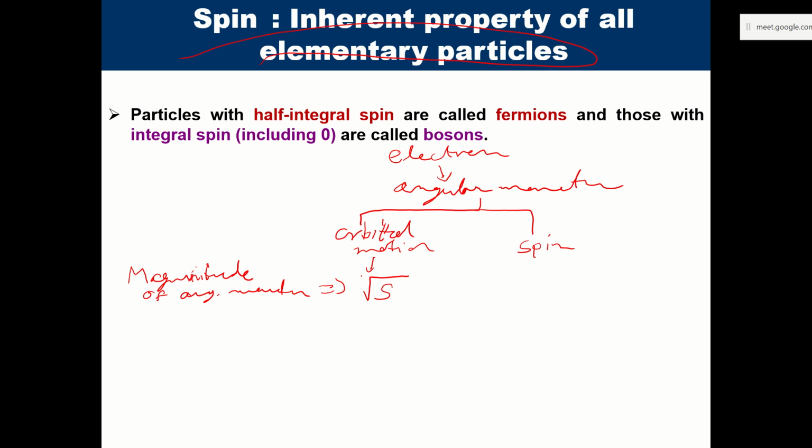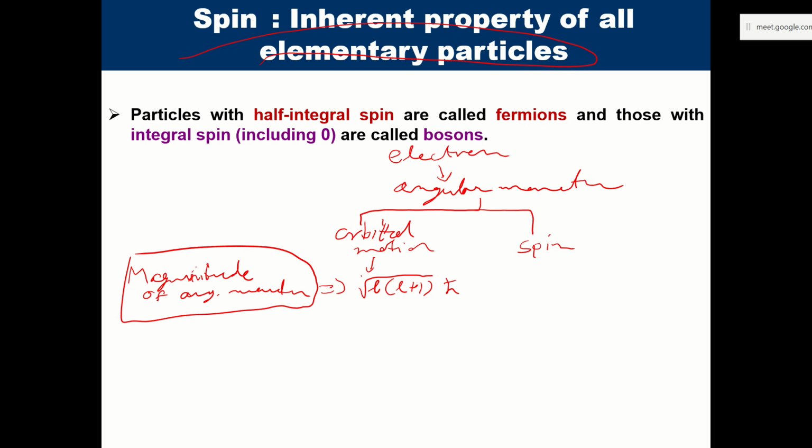This is a small s, sorry. So the magnitude of angular momentum is given by s into s plus 1, sorry, I'm writing s here. For orbital motion, the quantum number l: l into l plus 1 under root, h cross. Similarly, the magnitude of angular momentum